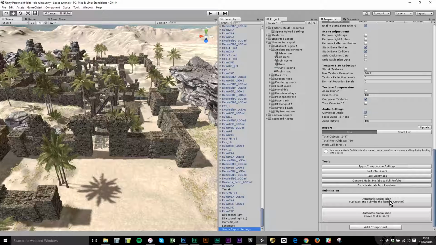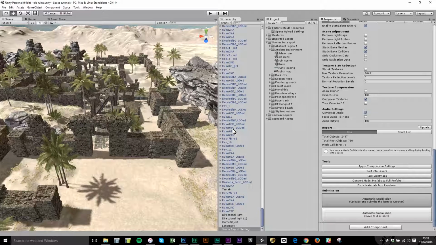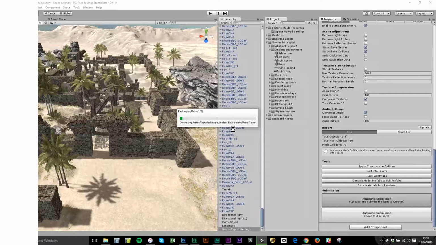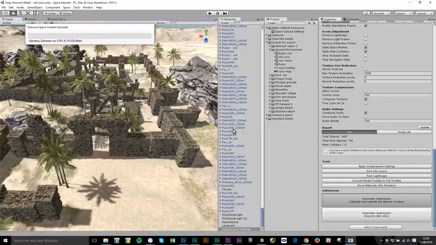So now I'm ready to submit and then log in on the live servers. So I'm clicking Automatic Submission and uploading the region. And now the system is creating a huge zipped folder containing all of this content, which will then be automatically uploaded to the servers. When it gets there, it'll be unpacked by more copies of Unity. And so you can see it's now being sent, and